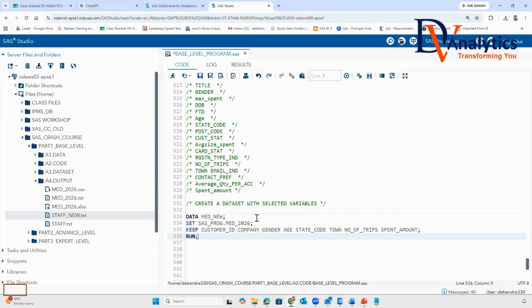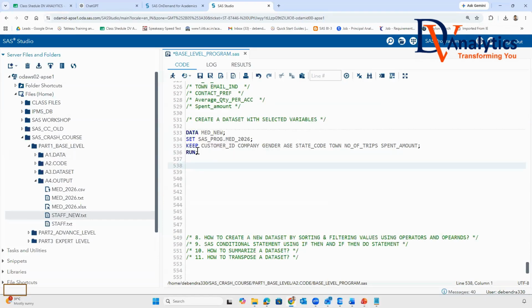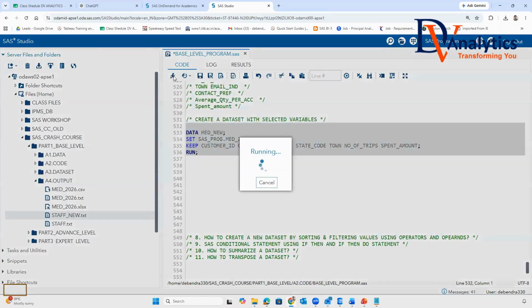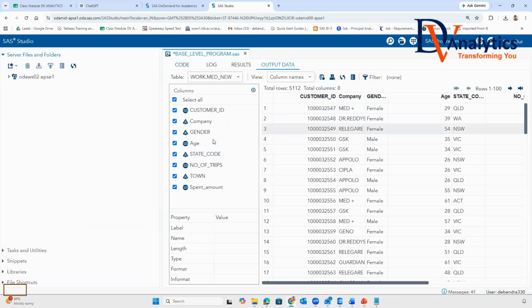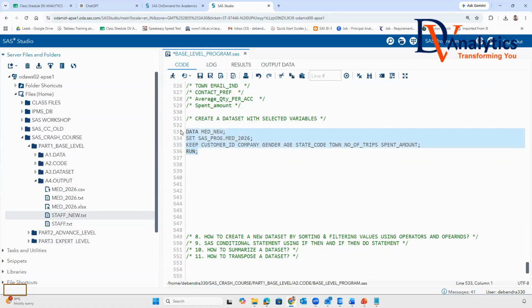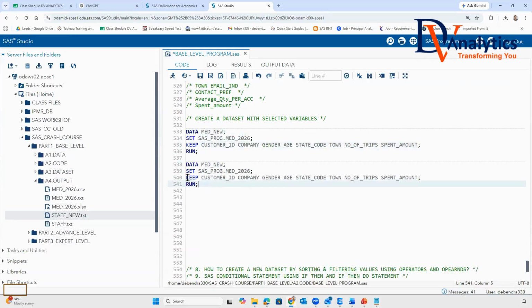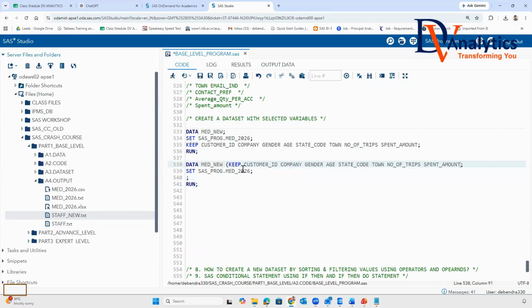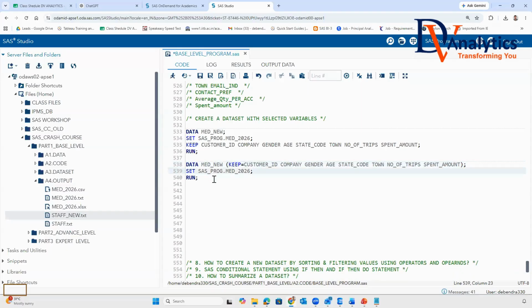When you run this program, what is happening, guys, here? It is creating a new data set by keeping only those variables. So when you say keep, it is going to keep only those variables in the data set. We can also write this program by writing keep as an option with the new data set, where you can say keep equal to this and run.